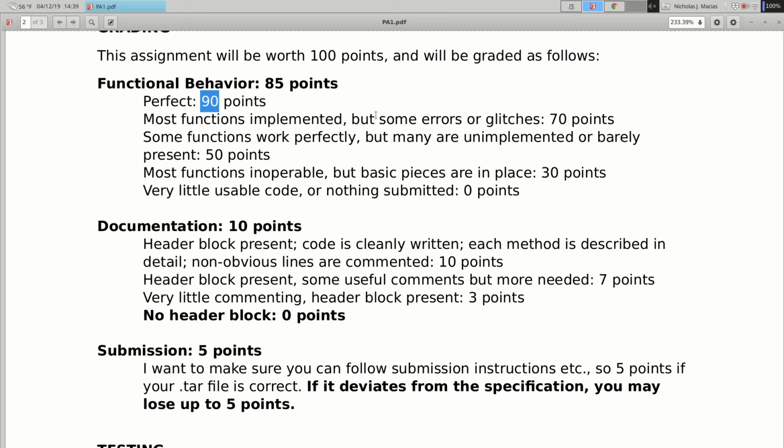Each method needs to have documentation in the beginning of it. So here's my toString method. What does this do? This returns a string with numerator/denominator. If the denominator is 1, it just prints the numerator, something like that. And then